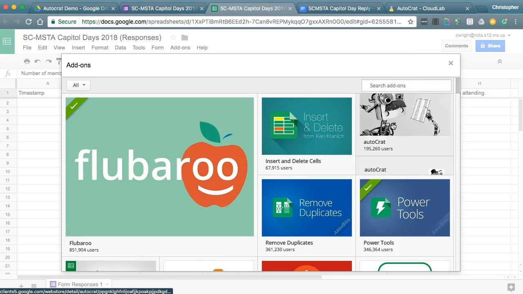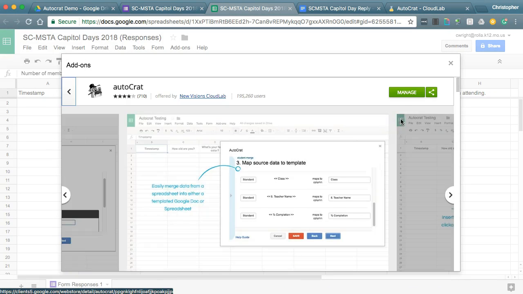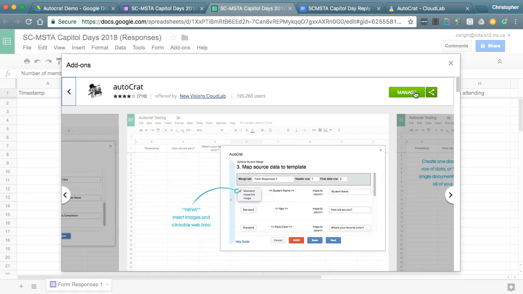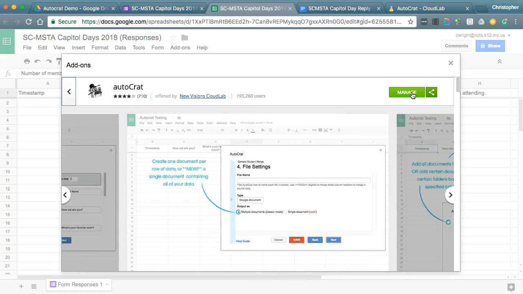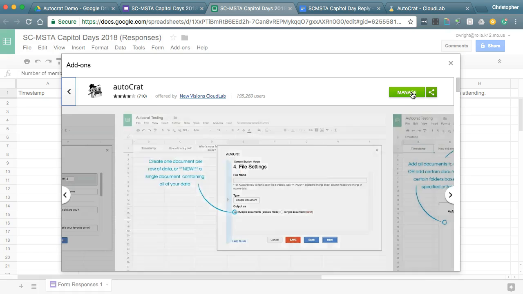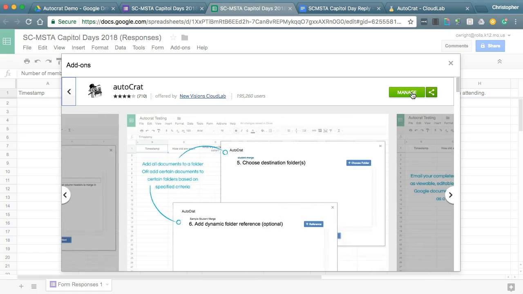So here is Autocrat. We're going to click on that. And yours, instead of saying Manage, will probably say Add-on or Connect. I don't remember exactly what it says. And then that will connect Autocrat to your Google accounts. You will have to OK a number of permissions, but after you do,